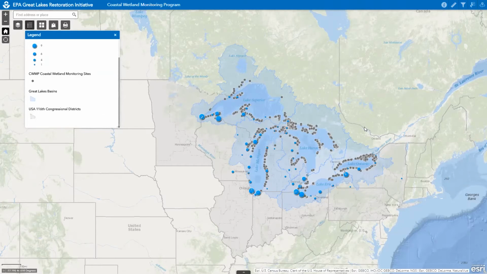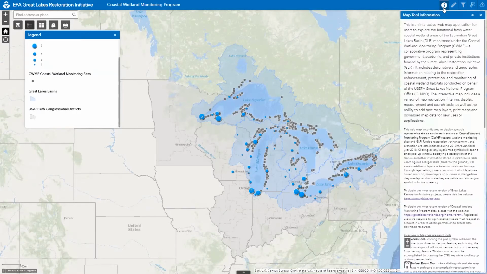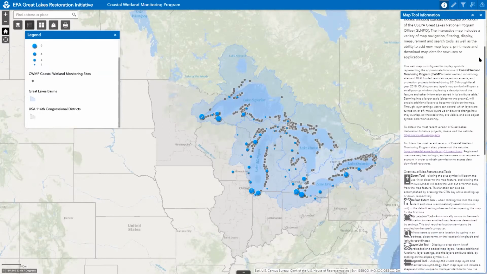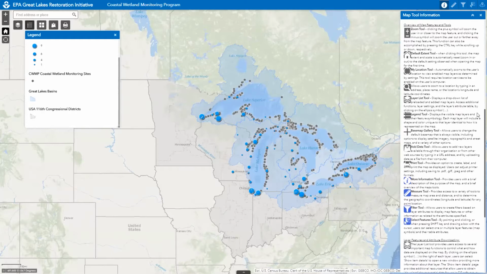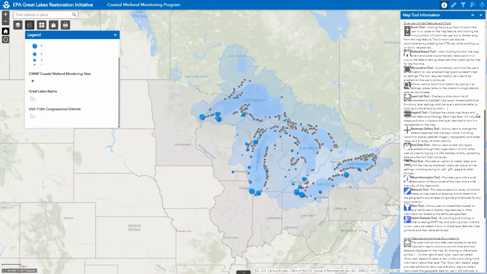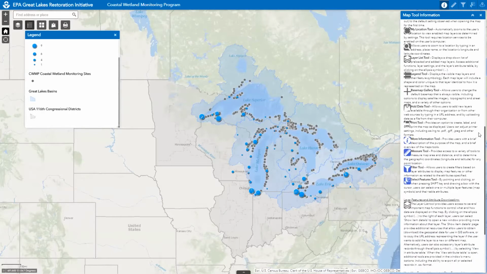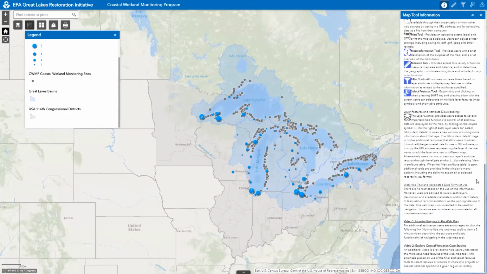You can access information about this web map at any time by clicking on the information icon in the top right of the map. When clicked, it opens a window that displays information about the purpose of the web map and basic instructions on how to use it, as well as web links to learn more about the Great Lakes Restoration Initiative and the Coastal Wetland Monitoring Program. The information window lists and describes each of the main tools included in the web map and also provides links to access tutorial videos, including this one, and another that walks users through the more advanced features while exploring examples